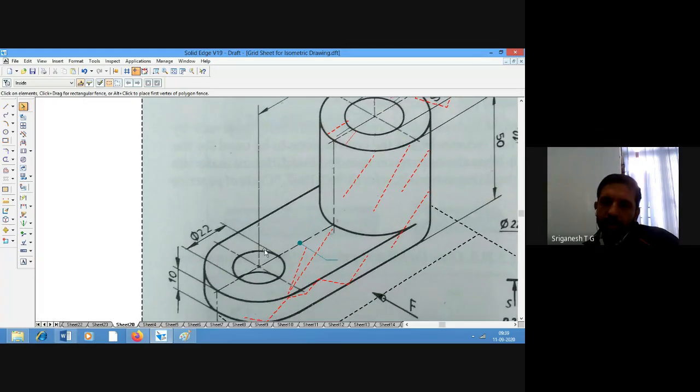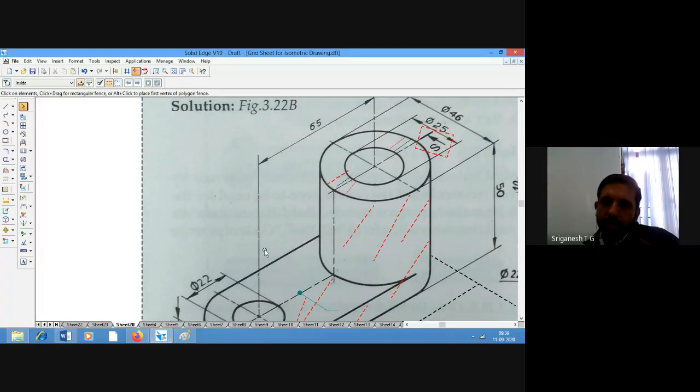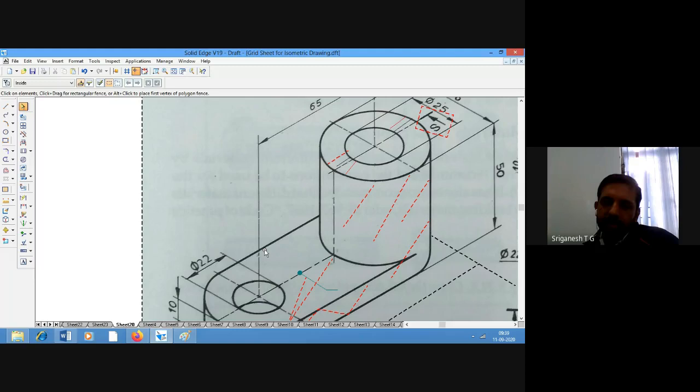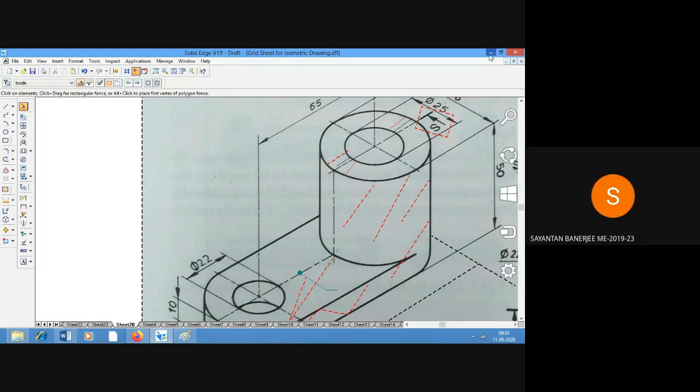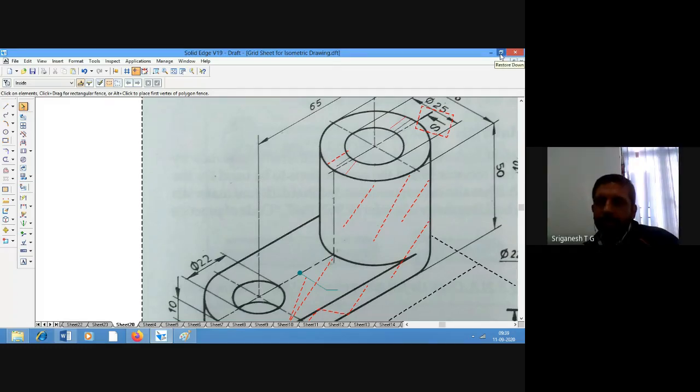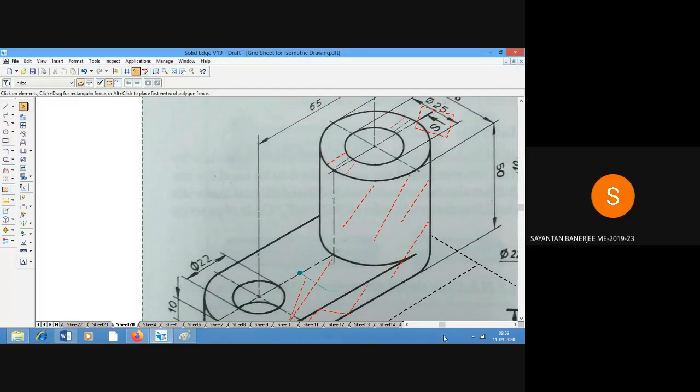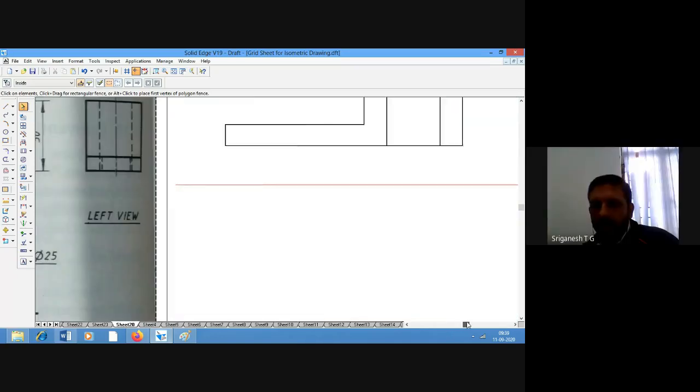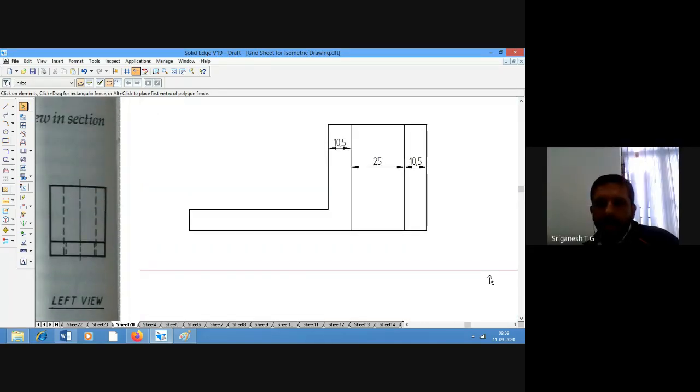This will be at a distance of 65 minus the radii of the two circles. Given this dimension, we can go to the center and complete it. We need not go to the top view. So I'll just replace this one second.